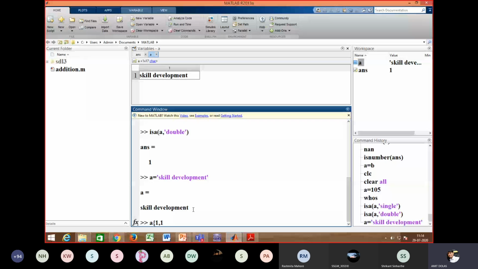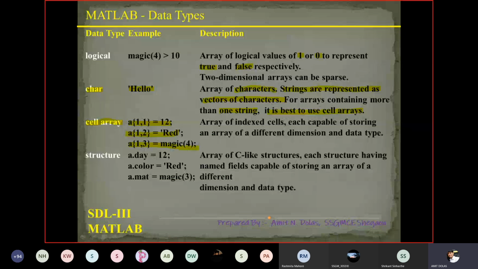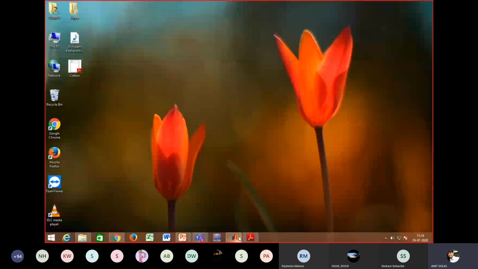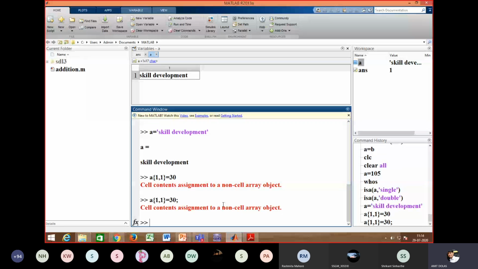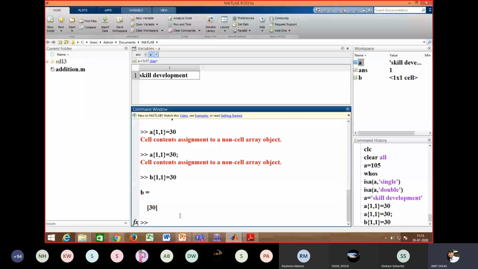A semicolon is required. Cell content assignment to non-cell array object. Okay, a is already there. I'll use b, in curly brackets 1 comma 1, equals 30. So here we have created b, which has one number in the first row, first column.